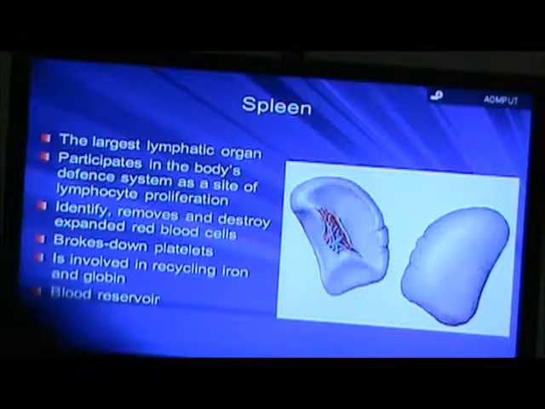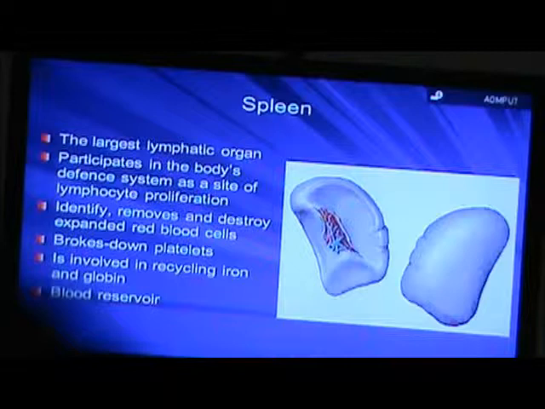Identifies, removes, and destroys expanded red blood cells. Breaks down the platelets and is involved in recycling iron and globin. And also is a blood reservoir, and it's very dangerous when the spleen ruptures during, for example, car accidents, because